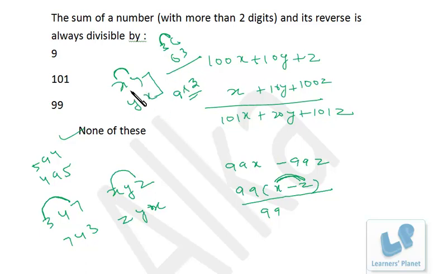Apart from that, if you add a 2-digit number with the number obtained by reversing its digits, that will be a multiple of 11, right? That's 11 into x plus y, right? And if you divide that addition by 11, you'll get the sum of the digits. Okay, so these are the small things that you should know, because direct questions are never asked; twisted questions are asked in CAT, based on these concepts. Okay, now let's try the next one.